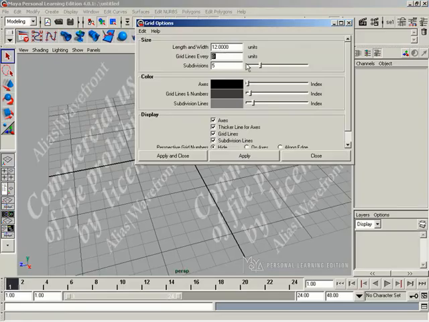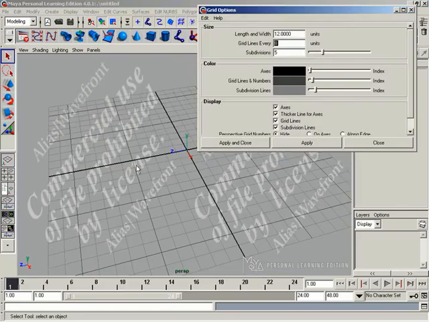Okay. And subdivisions. Well, right now, what I've got basically is a major grid line going every 8 Maya units. And as far as subdivisions, you can see I've got 1, 2, 3, 4, 5. So that this looks just like over in Unreal Ed, I'll go ahead and set this to 8 as well. Now when I apply this, watch this, everything's about to change. There we go. So now I've got 1, 2, 3, 4, 5, 6, 7, 8,